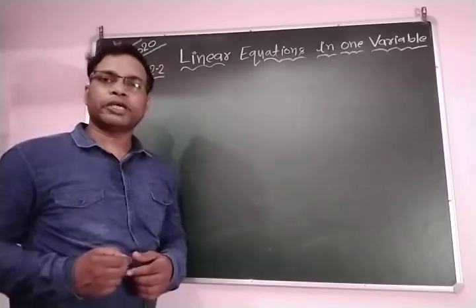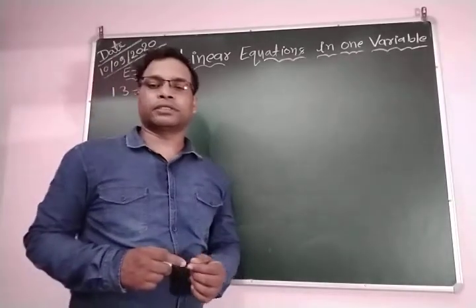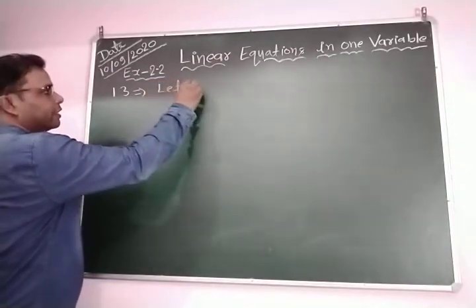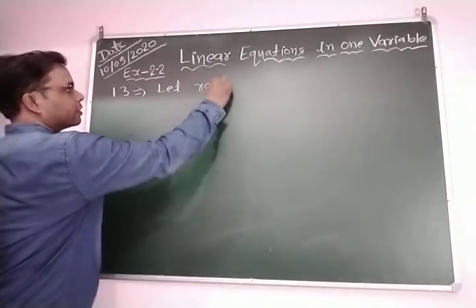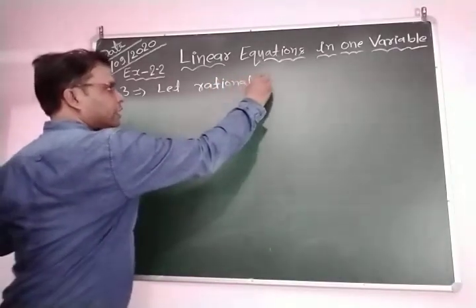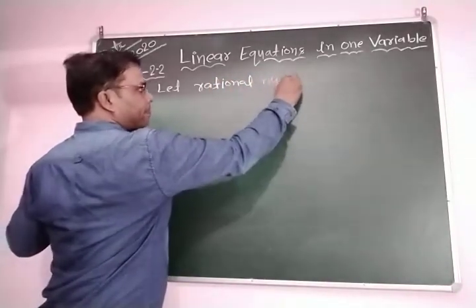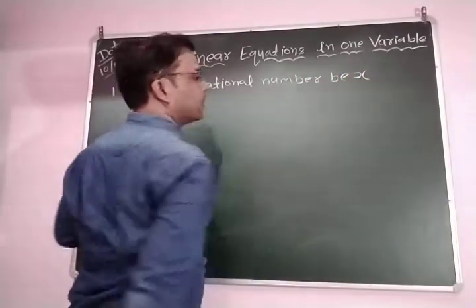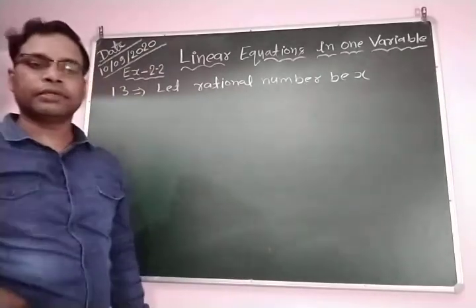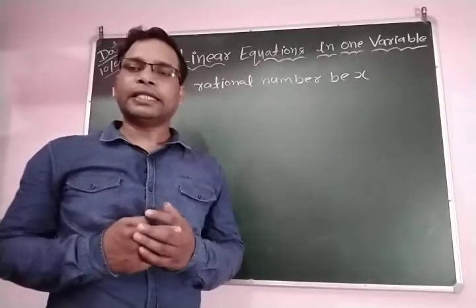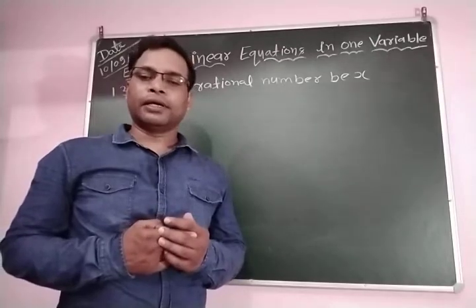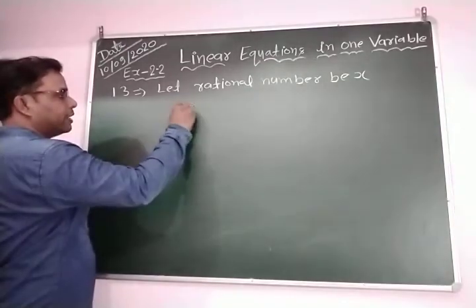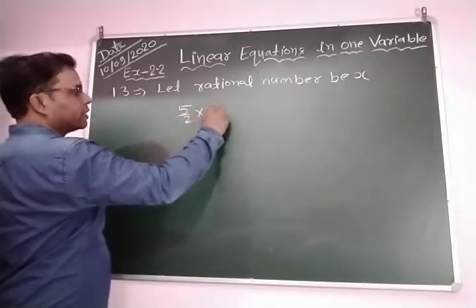So in question number 13, first you let the rational number be x. So here first you write: let a rational number be x. After this, it is given that we multiply this rational number by 5 by 2. So when we multiply the given x by 5 by 2, 5 by 2 into x, we obtain